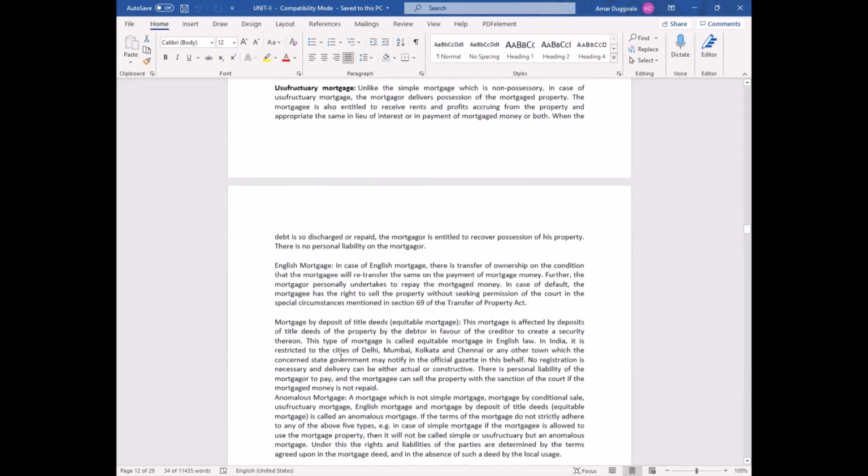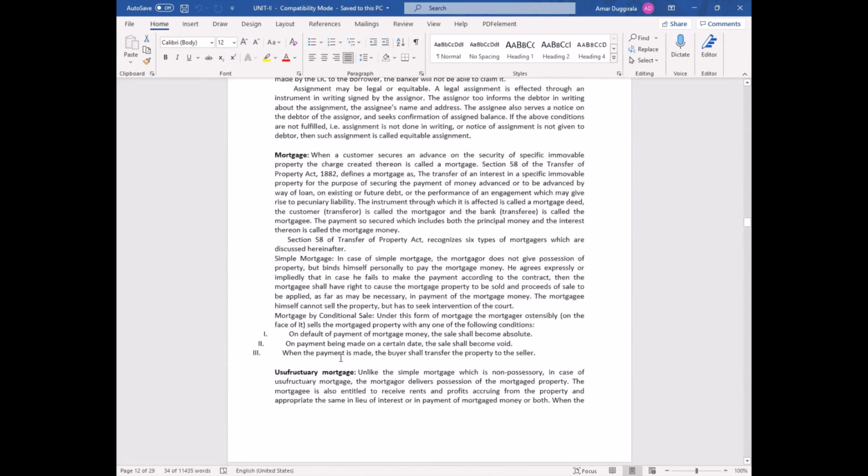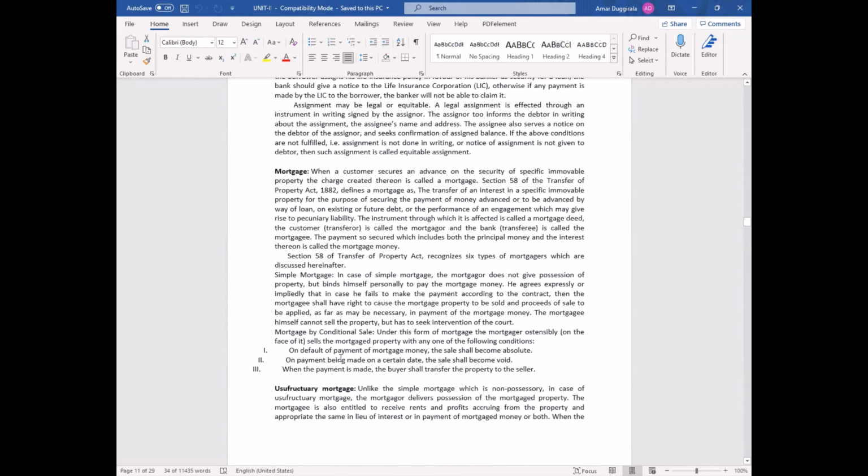These are used when secured lending happens, when a bank gives a secured advance to a customer, whether an individual customer, a wholesale customer, a bank, or a commercial organization. It creates a charge on assets and properties. What are those assets and properties? We have studied the types of assets and properties on which a charge is created.